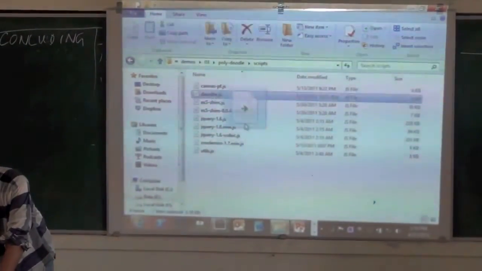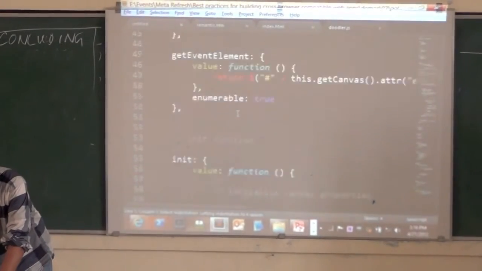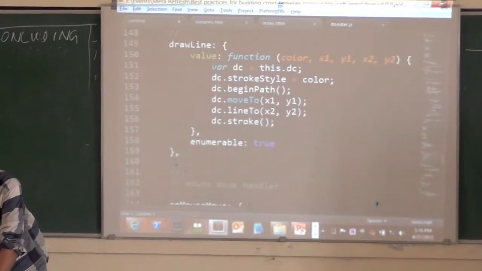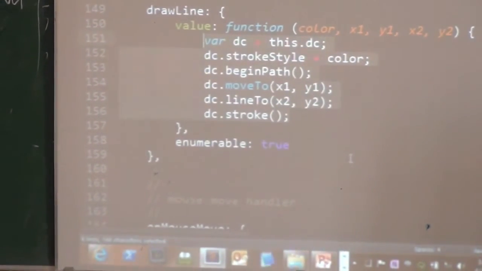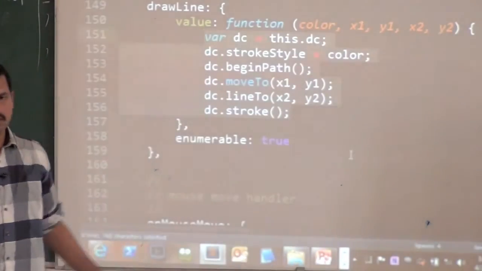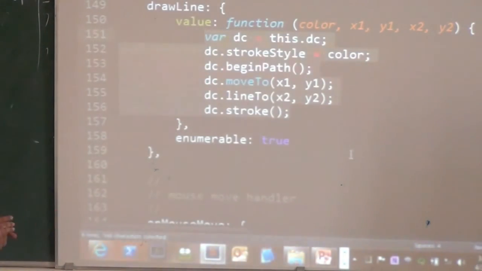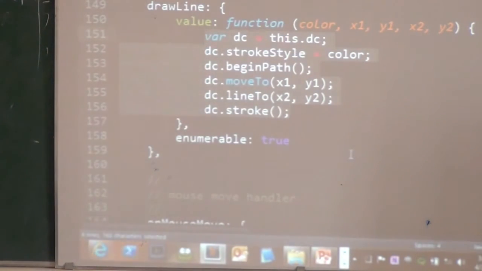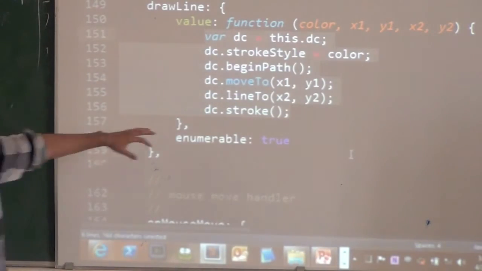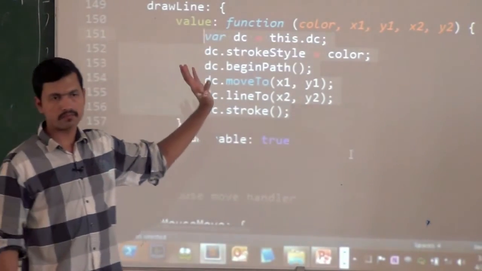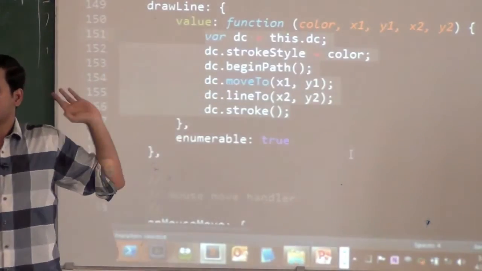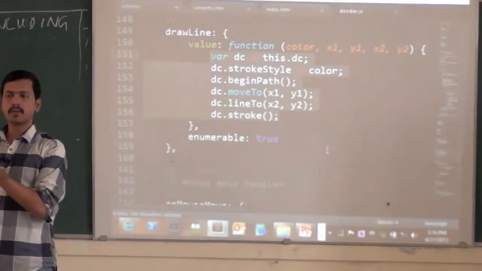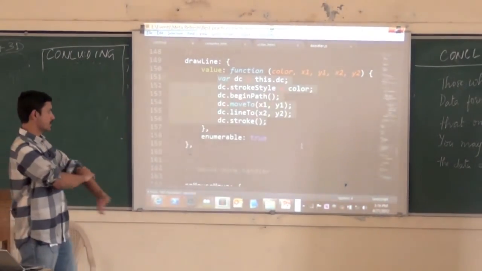Let me show you what the code for this looks like, right? So there's fairly intricate stuff here, but I just want to show you the core drawing routine. So it's not much, right? I'm just drawing lines. So this code here is completely the Canvas API, right? I get the 2D context, I set the stroke style, begin path, move to, line to, and then draw the line, right? Now this is completely independent of what is being used, right? If it's the canvas tag, this will work, obviously. If it is a Silverlight component, this still works. The reason is because that's a polyfill, right? They've implemented the Canvas API on top of the Silverlight plugin.